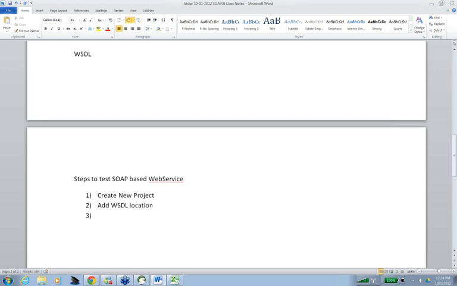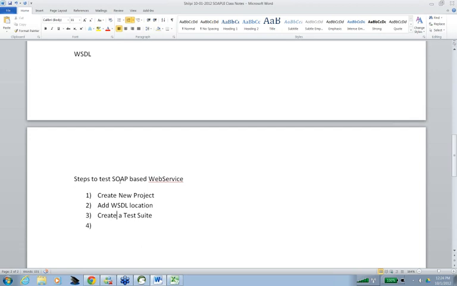Then create a test suite. In a test suite you can divide the valid and invalid cases.